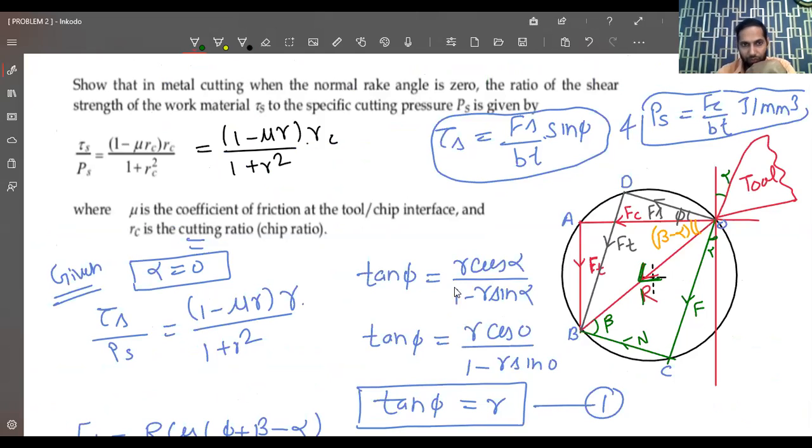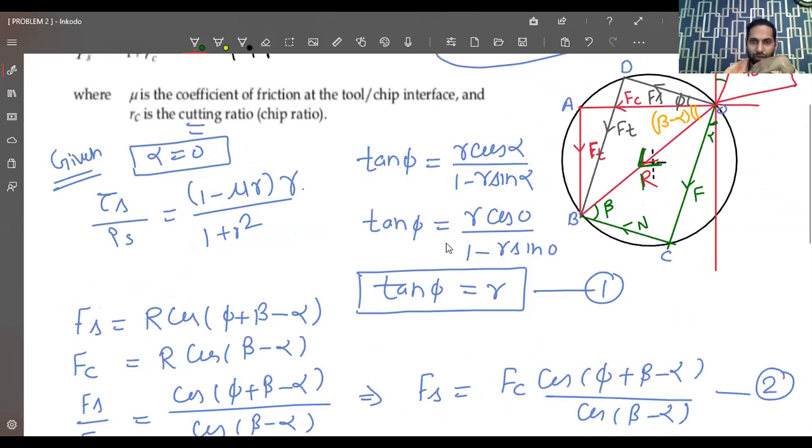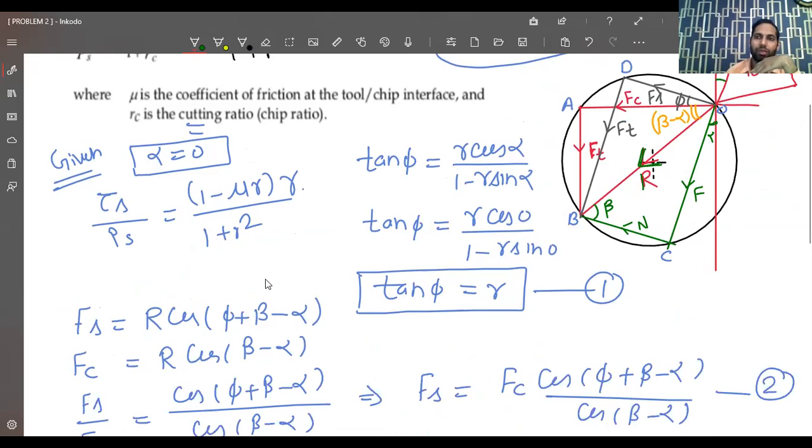So what we have to do, we just make the Merchant circle and then show the different forces and different angles in this diagram, and then we put alpha is equal to 0, then tau s by p is equal to 1 minus mu r upon 1 plus r square into r. This is tan phi is equal to r cos alpha upon 1 minus r sin alpha, and put the value of alpha is equal to 0. So tan phi is equal to r. This is our equation number 1. Then what we have to do, just find out the shear stress. So for the shear stress, we have to know about the shear force. Okay. So what we have to do, F is equal to r